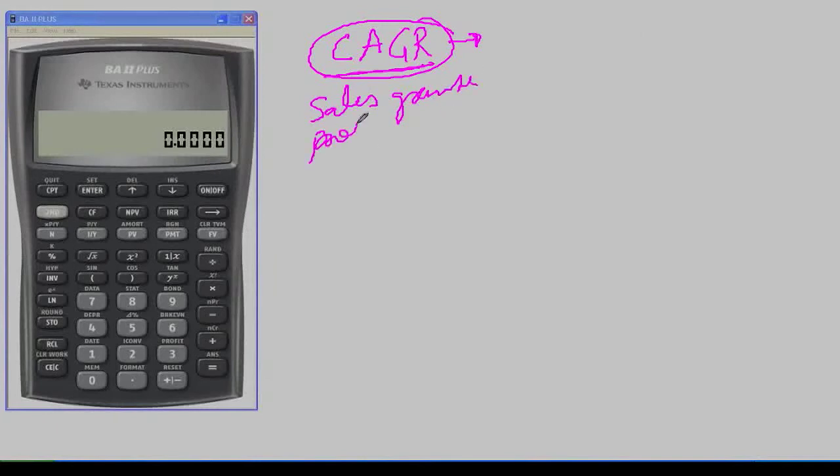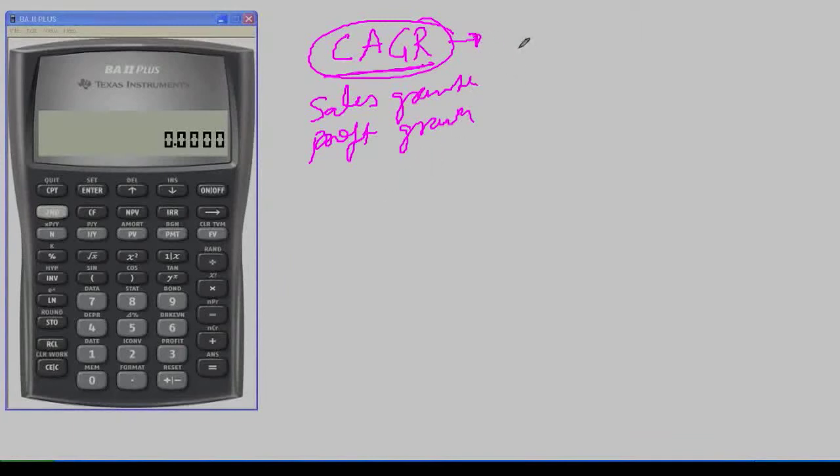Okay. Now let's see some other application. There is one thing, CAGR. What is the full form? Compounded annual growth rate. That is, at what rate your money has grown. You will find this application in finding out the sales growth or profit growth of companies, or even when somebody says that your money becomes double in 5 years or 6 years, you will get the same calculation of CAGR.